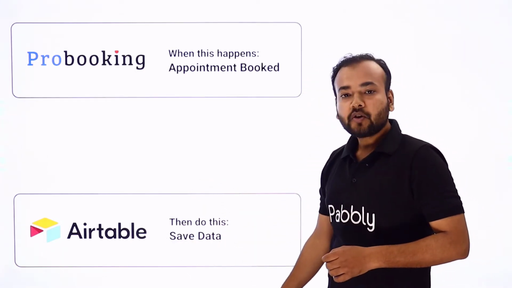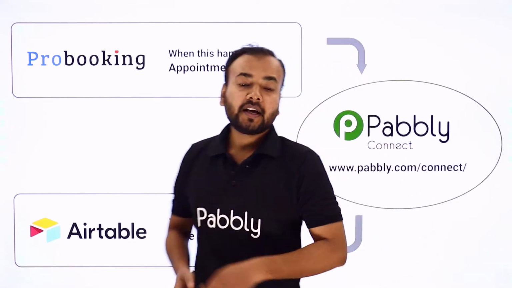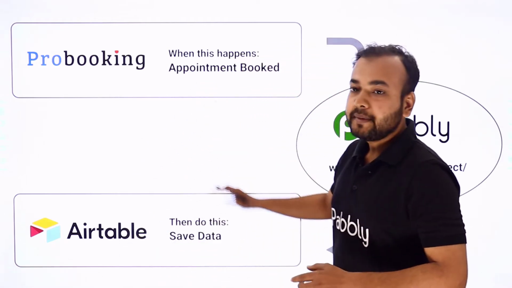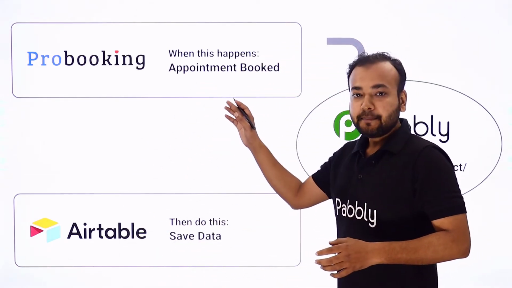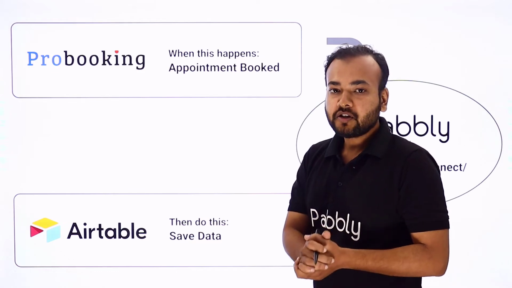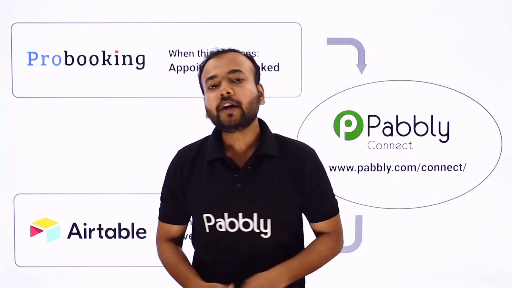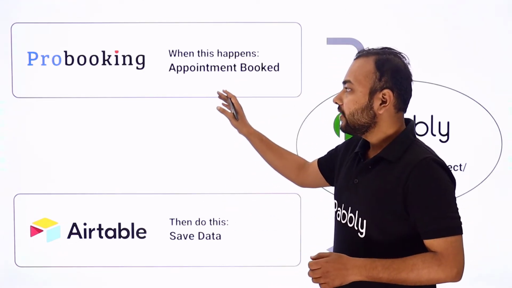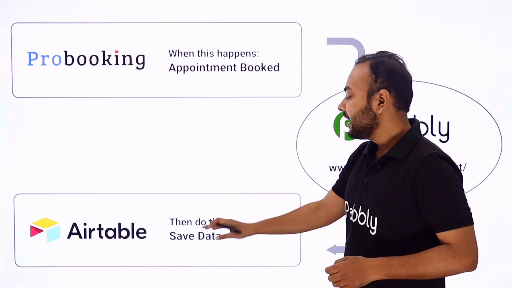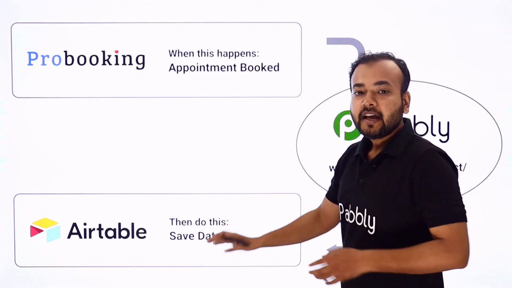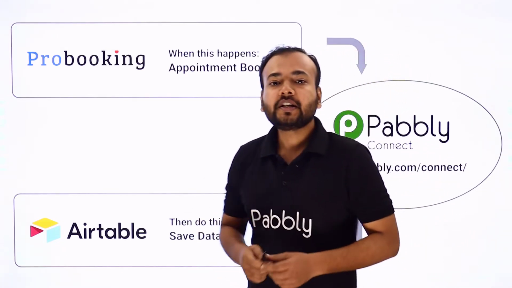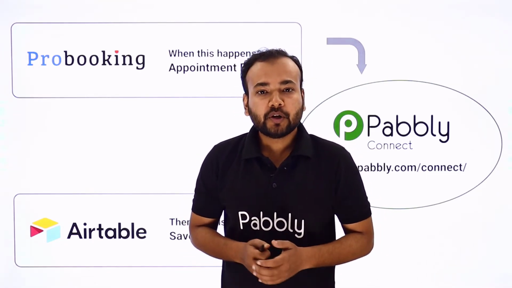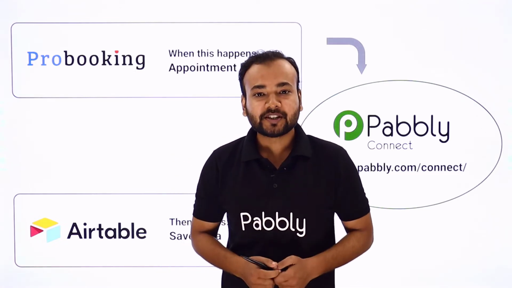And guys, to make this automation, I'm using a software called Pabbly Connect. What Pabbly Connect will do is connect these two applications together, and these applications do not have any native integration or connection. So this software is going to connect these two applications such that whenever you get a new booking, the data of the person who has done the booking will get automatically transferred here and saved here. And guys, the best part of making this automation is that you will not require any coding skills or programming knowledge. So now let me show you the process by which you can also make this automation.